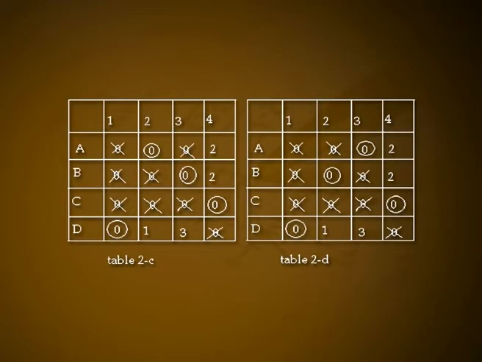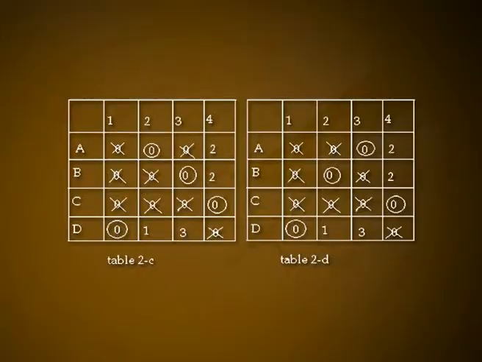Now, starting with column 1, we find column 4 which contains only 2 zeros and make assignment at the zeros of row 3. We cannot make assignment at the zeros of row 4 since it already contains an assignment, and cross out all other zeros of this row. See table 2C. Now, again starting with row 1, we find row 4 contains only one 0, but we cannot make an assignment in this row in which we have already given an assignment. The same is true when we check the columns for one 0.